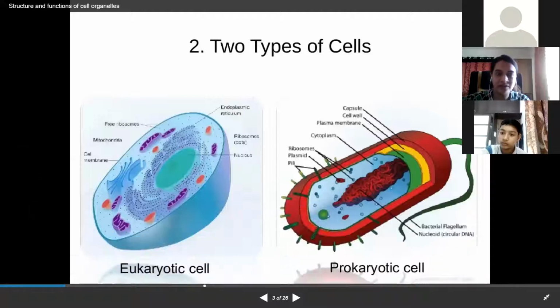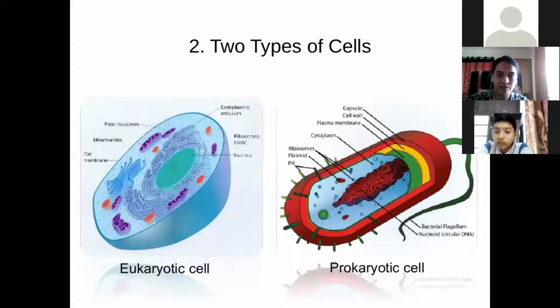Let's revise quickly. Yesterday we did what eukaryotic and prokaryotic cells are. So a eukaryotic cell looks more like this. It's a generalized structure which has a lot of cell organelles which are properly distinguished. You will also see that in a eukaryotic cell there's a nucleus which is membrane bound, and you see proper parts like the nuclear membrane, the nucleolus, and so on.